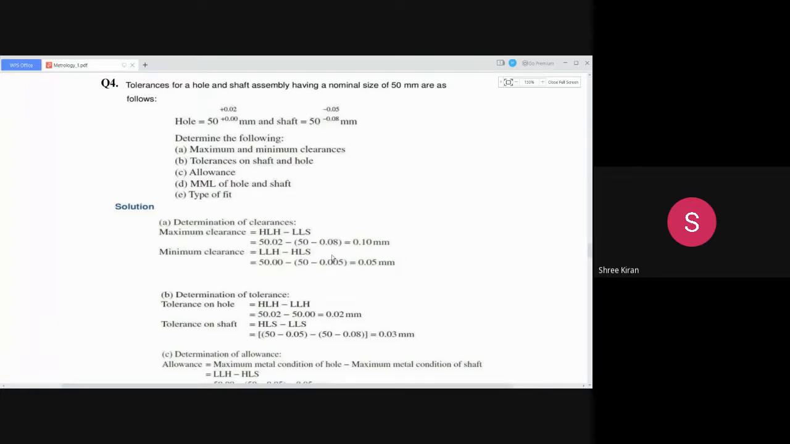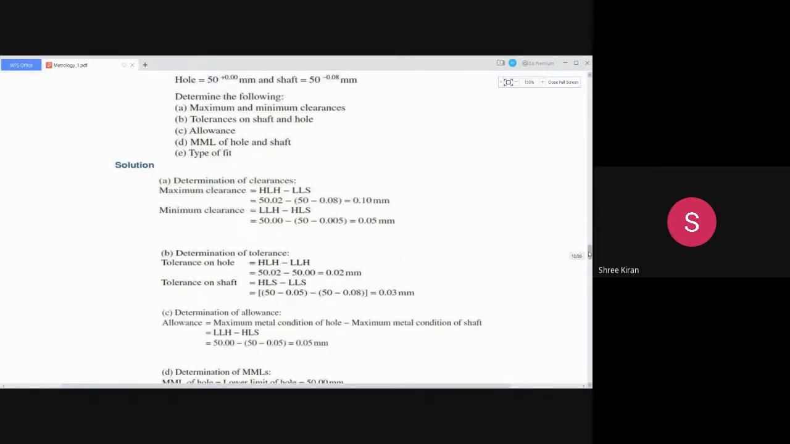That's what happens in the case of the tolerance of the shaft. Then what we have is the determination of allowances. So what we have in the case of determination of allowances,